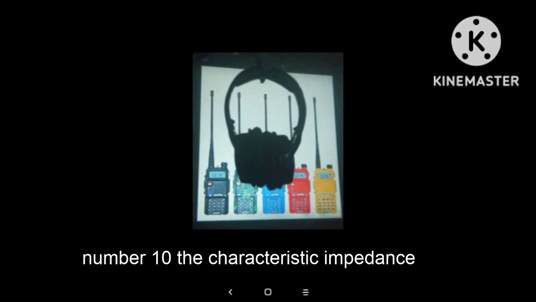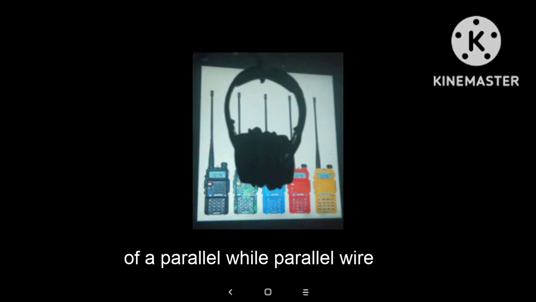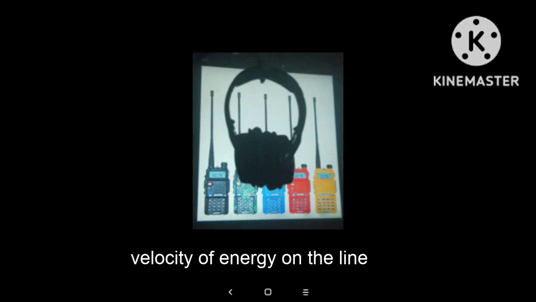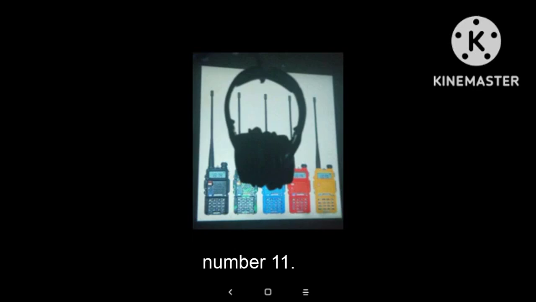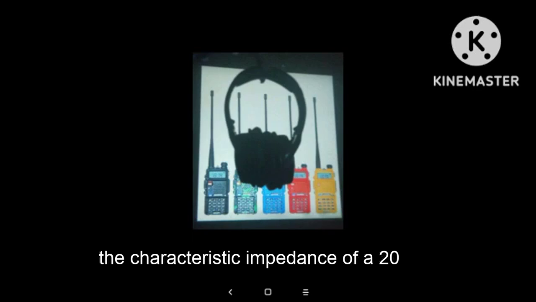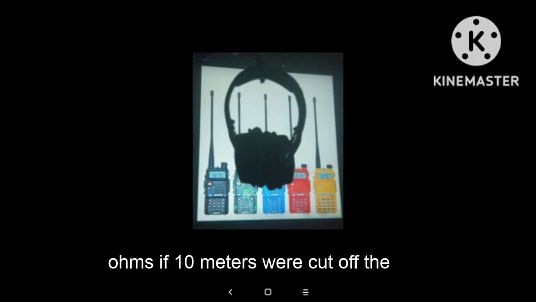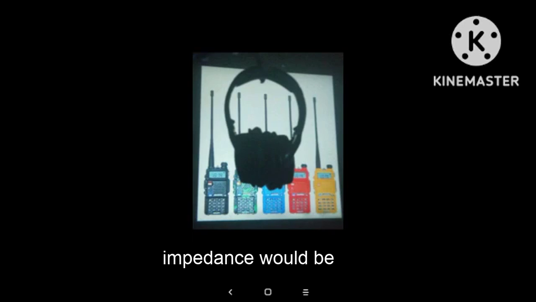The characteristic impedance of a parallel wire transmission line does not depend on the velocity of energy on the line. Number 11. The characteristic impedance of a 20-meter piece of transmission line is 52 ohms. If 10 meters were cut off, the impedance would be